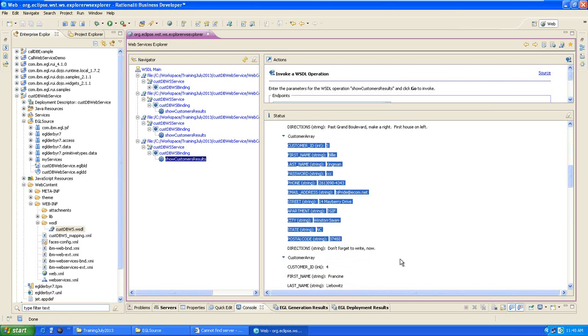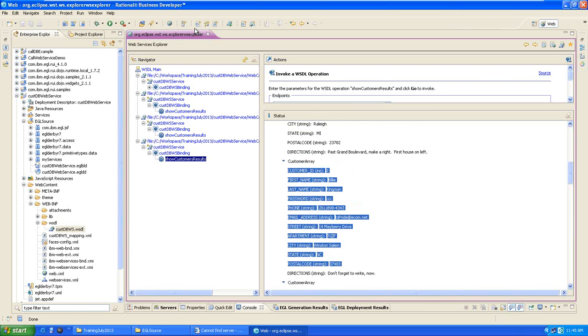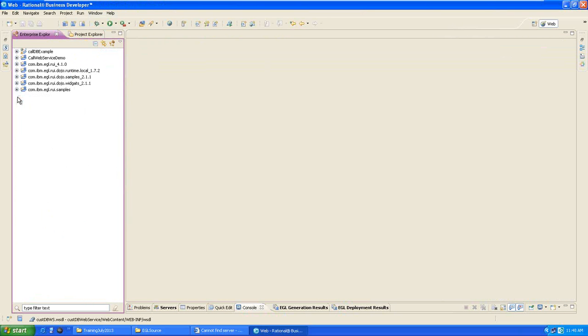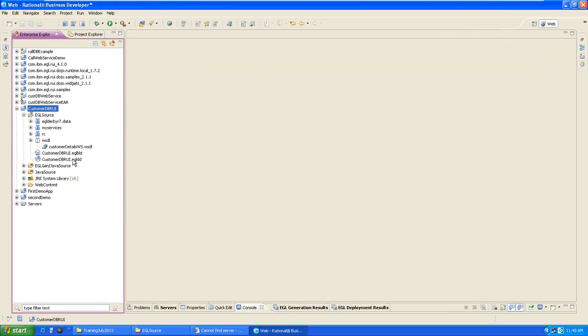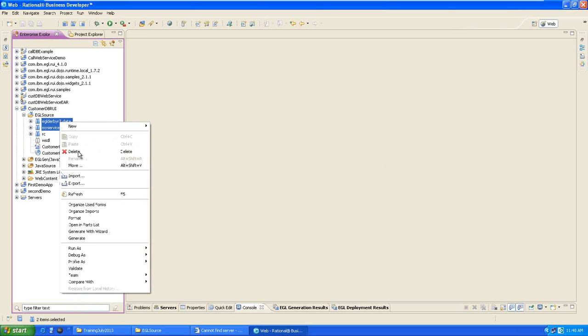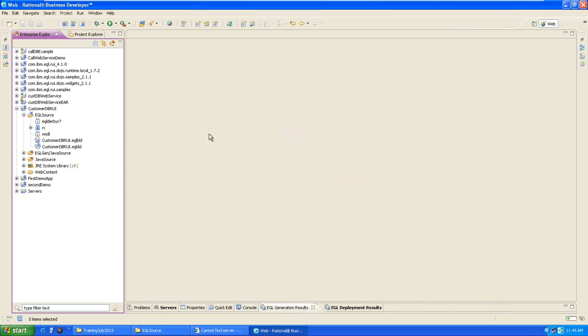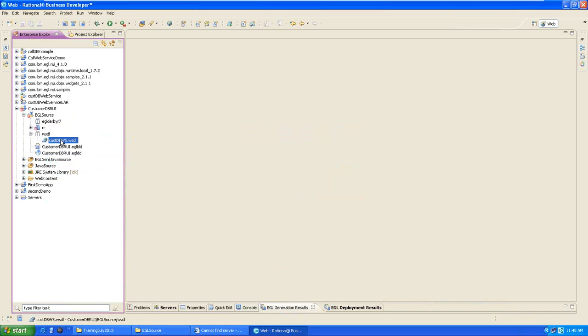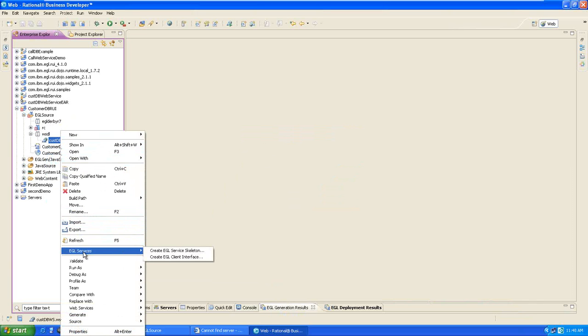We have to call this value in the rich UI handler. So I have to take this visitor file, copy the visitor file, and go in my customer DB. I already have these files, so what I can do is delete these files, delete this old generated code, place my new file here, select EGL generate